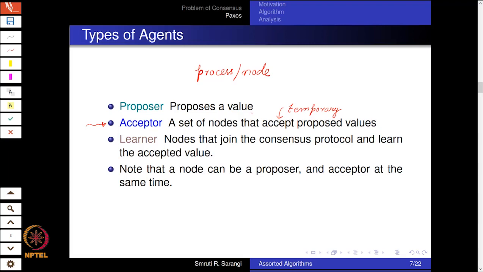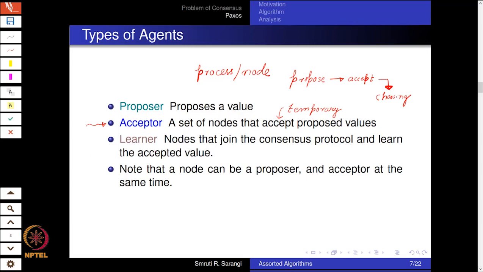And so we have three levels essentially of a proposal. We first propose the proposal, then we send it to a set of acceptors where they can temporarily accept it. And finally, when the consensus is done, we call this choosing. Choosing means that a value has been chosen and consensus has been achieved. So accept is a path in the middle where a value is just temporarily accepted or buffered.